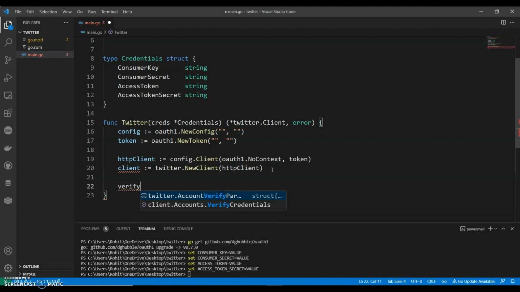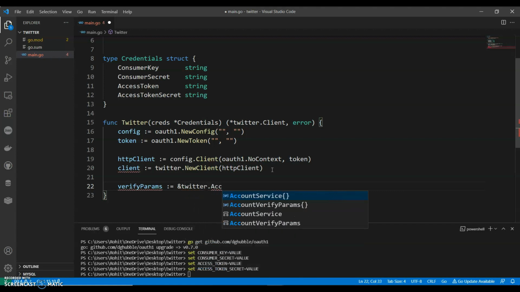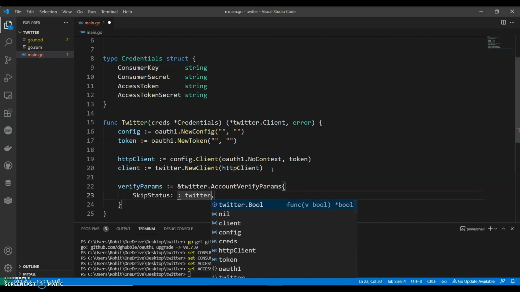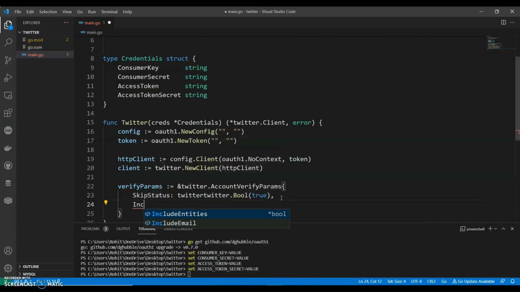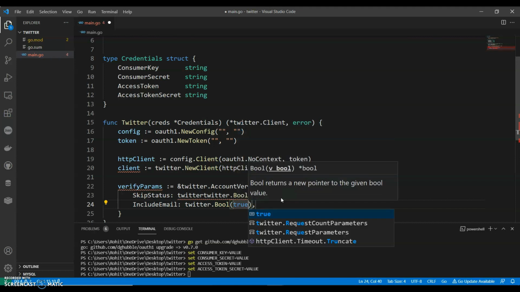So we'll say verifyParams := &twitter.AccountVerifyParams, with SkipStatus twitter.Bool set true, and we can have IncludeEmail twitter.Bool true.